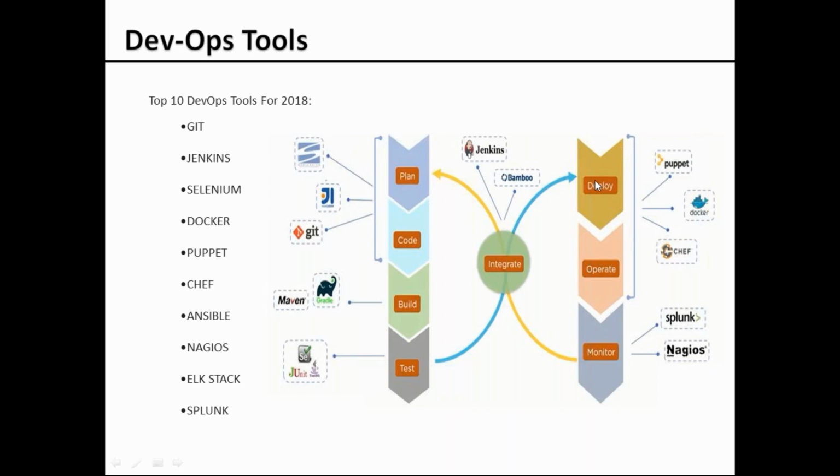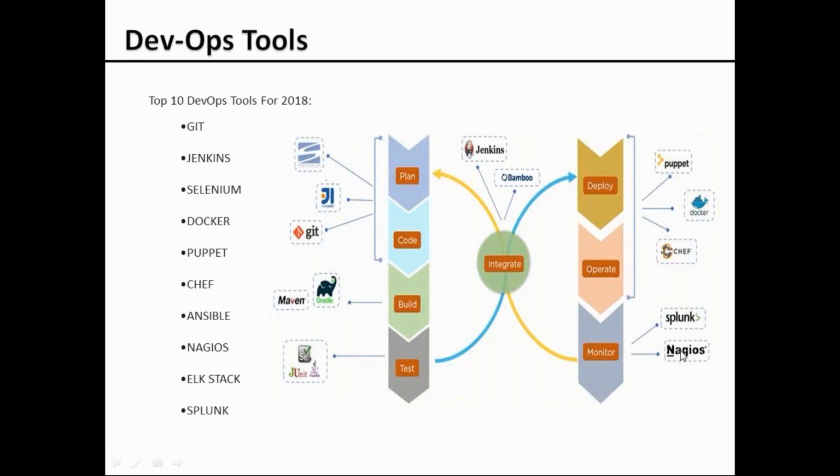Let's say if the deploy fails, it goes back to the respective dev team saying there is a deployment failure, please take a look at it. This is not something they do manually. This is completely automated, and at the end of this course we will see how this complete automation is done. The operations team would use these tools. We'll go into detail on these tools in the later sessions of our course: how they're going to deploy, how they're going to operate, and how they monitor.